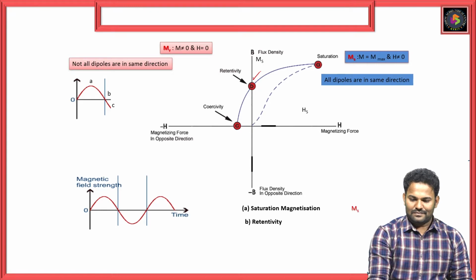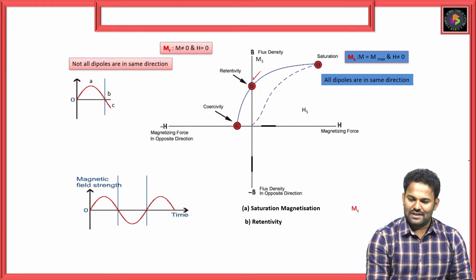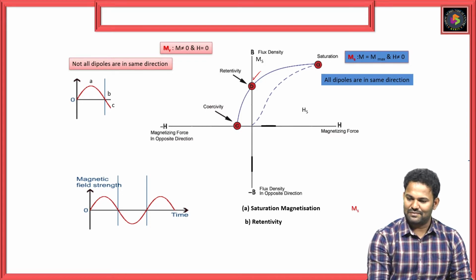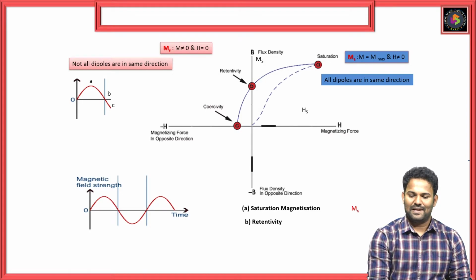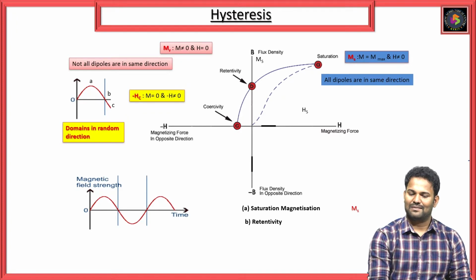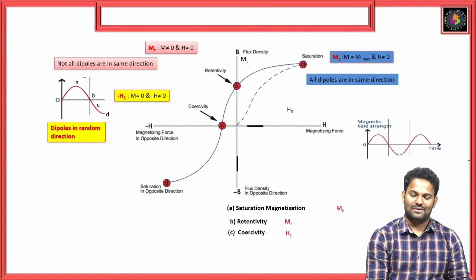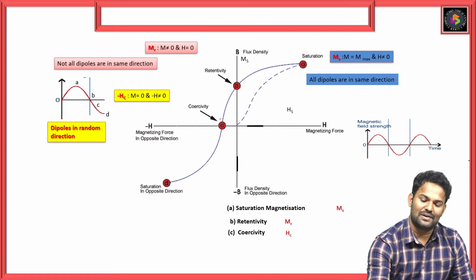Next, to remove this retentivity, we need to apply an opposite field to the ferromagnetic material, to bring the domains back to the previous direction. That's why we apply a negative magnetic field. Then the magnetization value reaches 0. The negative magnetic field value we provide for this, that means the width,